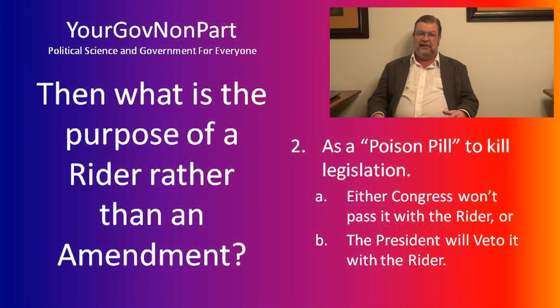They go ahead and they pass the legislation. It's going to get to the president, and the president's going to go, no, there's no way. I mean, yeah, we need this legislation, but the rider is so incredibly egregious that I have to veto this. It's to force a veto or to force it to die in a vote within the House or the Senate. So hopefully this helps you understand that a rider is in fact an amendment, but it's a slang term used for a type of amendment which is not germane to the initial intent or content of the legislation under consideration, and why it's used.